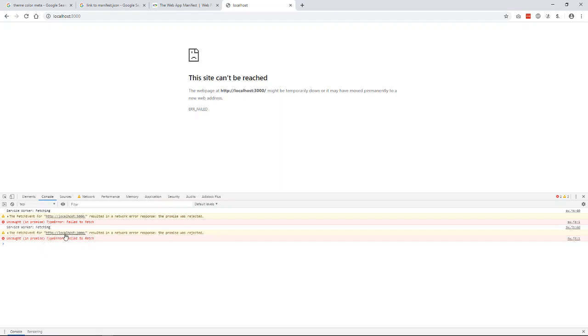So it's given me an error, I think because it has to be served from HTTPS. That's one of the things with service workers that not too many people tell you about: it has to be served from a secure website. So it must be HTTPS, which this is not. You can see it's HTTP. So it's not going to work on this particular one,